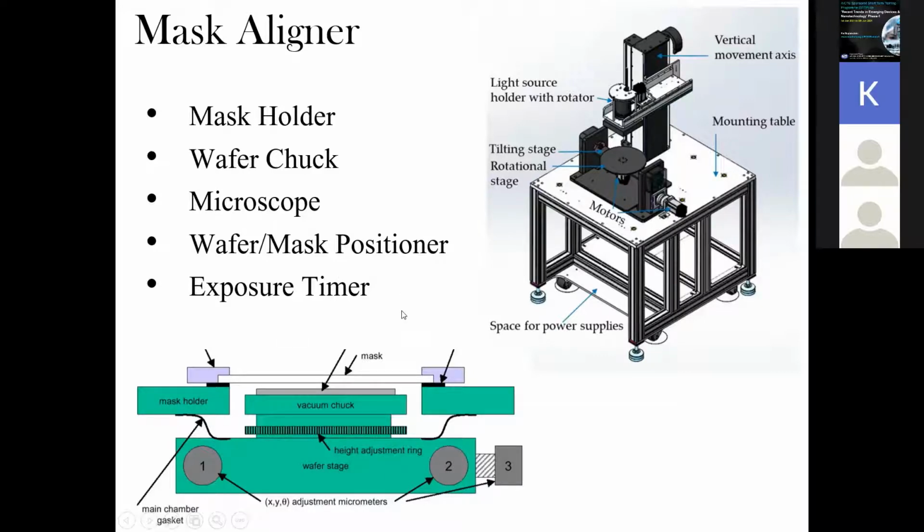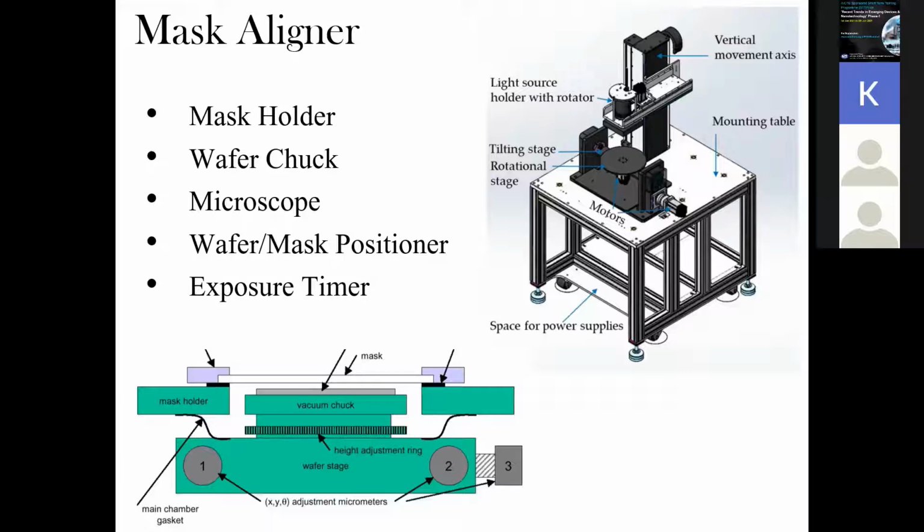In this case also it has to be a vacuum chuck, because if it is slightly misplaced, if it moves even slightly, the whole thing will get damaged. Even a simple vibration may cause damage in the photolithography. So that should not be done. It has to be strongly held over the chuck by using vacuum.